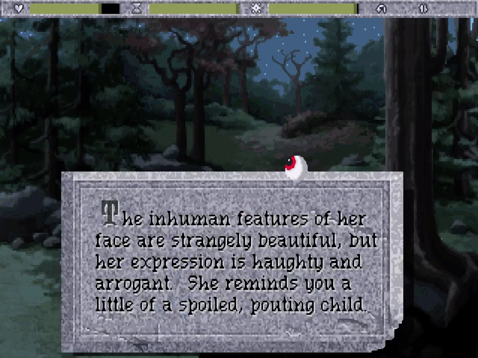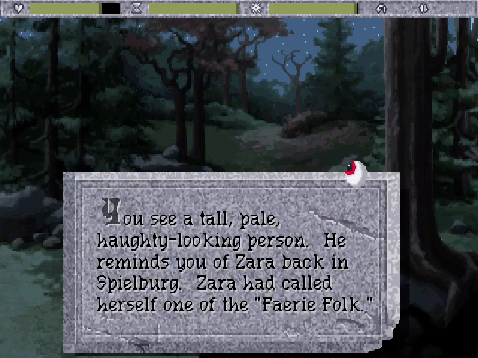The inhuman features of her face are strangely beautiful, but her expression is haughty and arrogant. She reminds you a little of a spoiled, pouting child. You see a tall, pale, haughty-looking person. He reminds you of Zara back in Spielburg. Zara had called herself one of the fairy folk. You see a tall, pale...